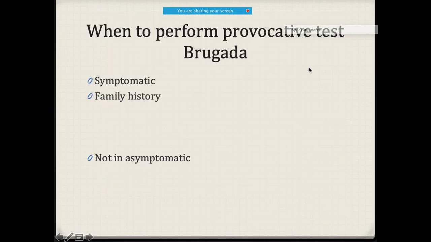So that's what you notice. A lot of times, a common question that comes up is, when would you like to perform the provocative test for such patients? For example, if someone is really symptomatic, or otherwise there is a family history,